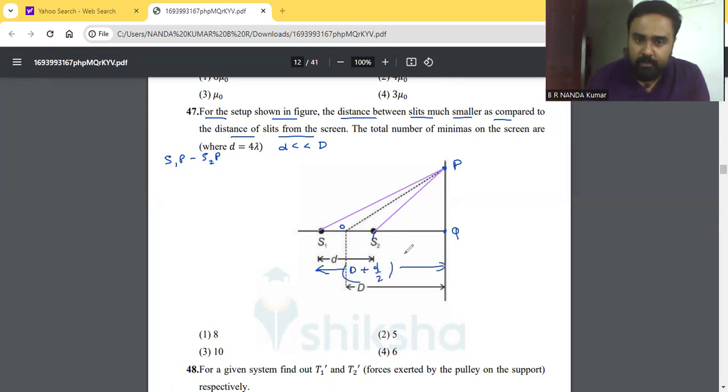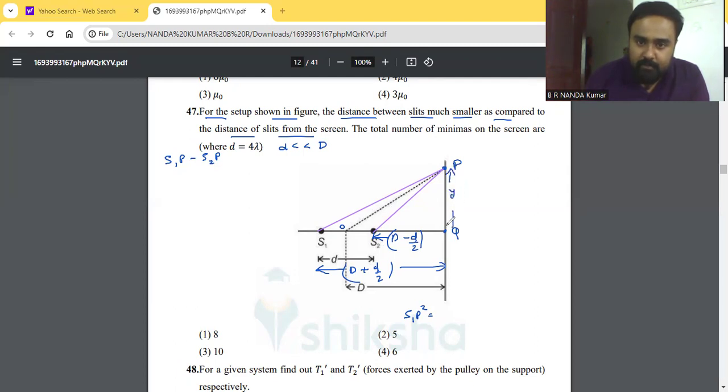Okay, the distance from S1 to Q, because O to S1 is small d by 2, is capital D plus d by 2, and the distance from S2 to Q is capital D minus d by 2. So here we have to apply the Pythagoras theorem. So S1P square comes out as, with the distance from P to Q,